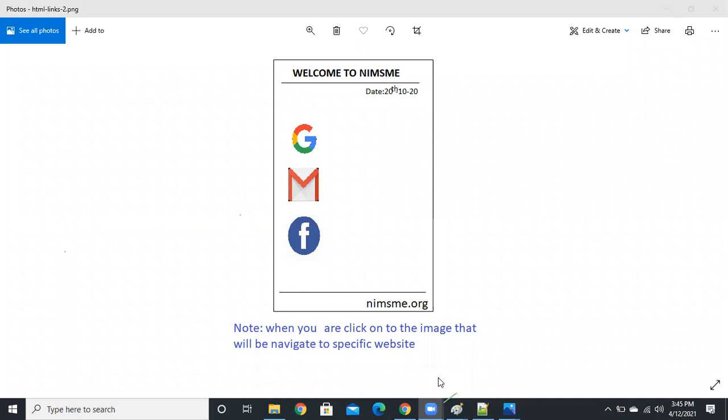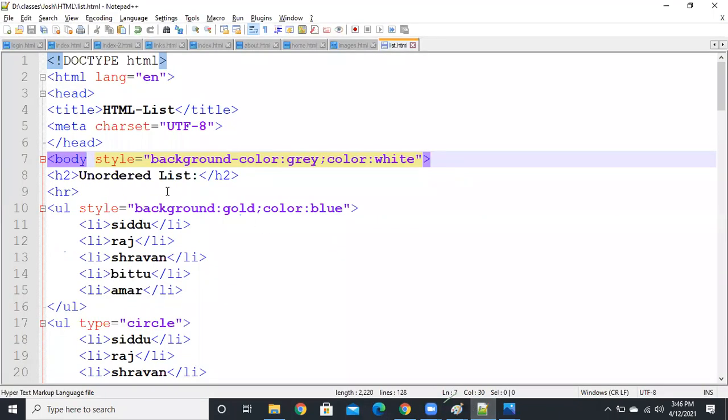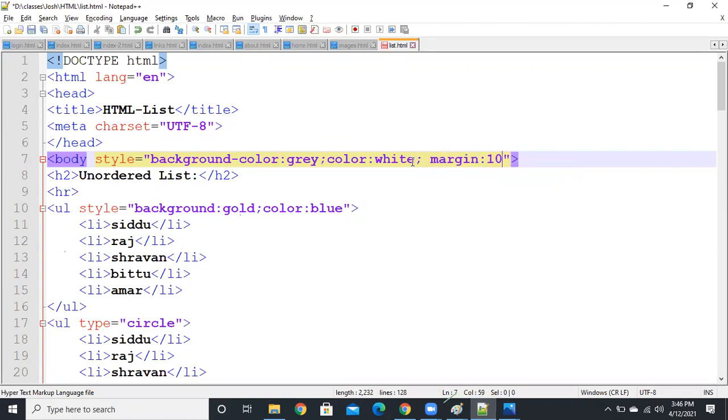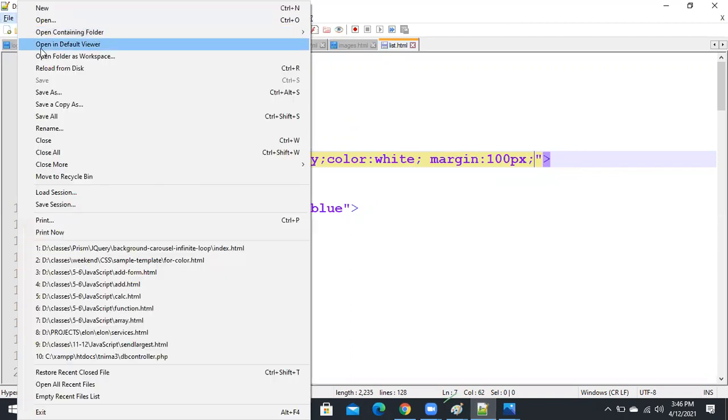Margins, right, Rohit? Margin we will discuss in the next session, guys. If you want, you can search on Google for margin and give some pixels only, and automatically it will apply. Margin and width you will learn later, but even if you ask, I will tell you. See, I'm going to apply margin to the whole body, just 100 pixels. Try to understand: 100 means it will be applied to the whole page.